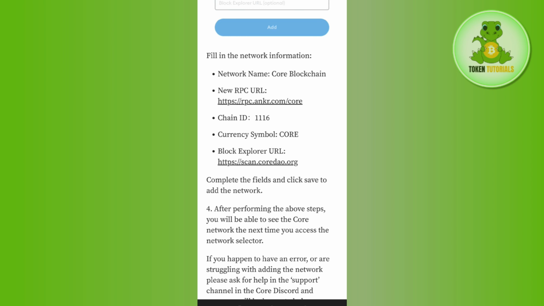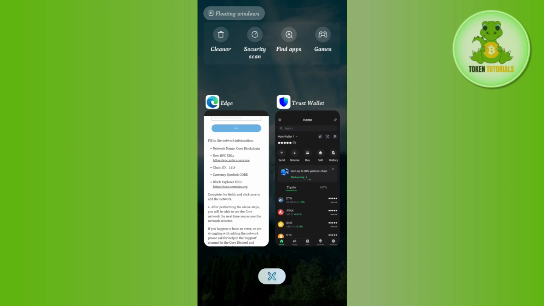Now once you are on this page, you are going to see the Core Mainnet information. You just have to copy the information from here one by one, and you need to use it on Trust Wallet. So you just have to open your Trust Wallet mobile application, and then you need to tap on